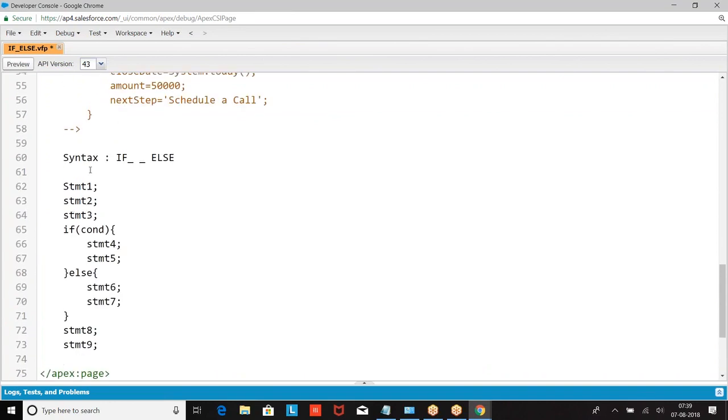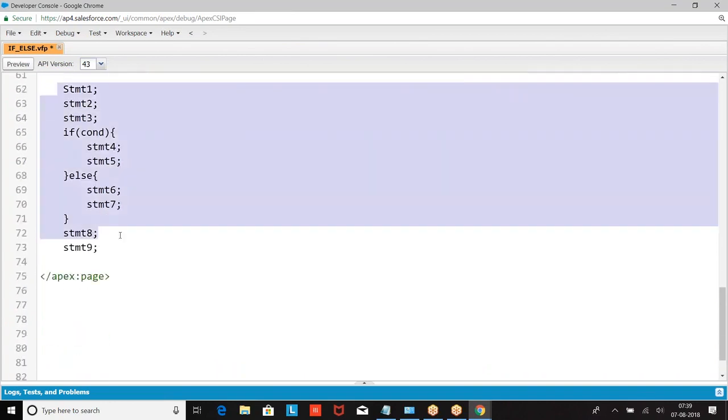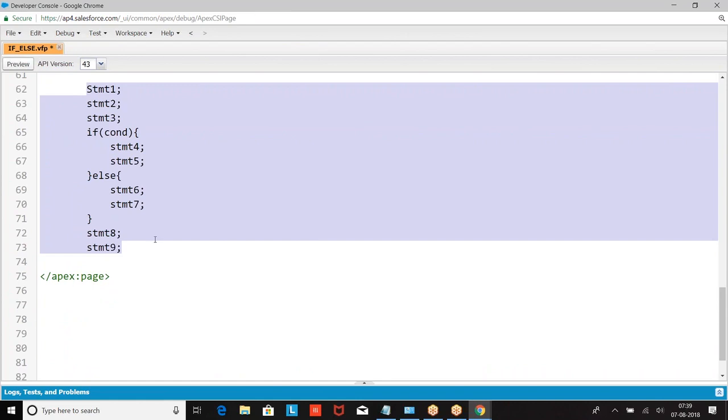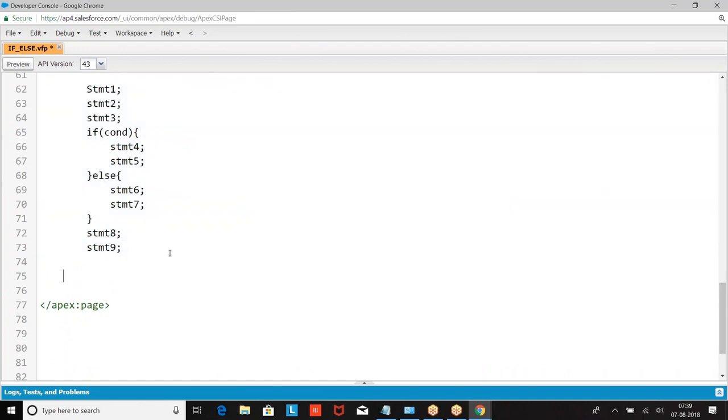Now, this is the program I wrote. If this is the program, what is the possible output? Assuming that the condition is true, what is the probable output? 1, 2, 3, 4, 5, 8, 9.